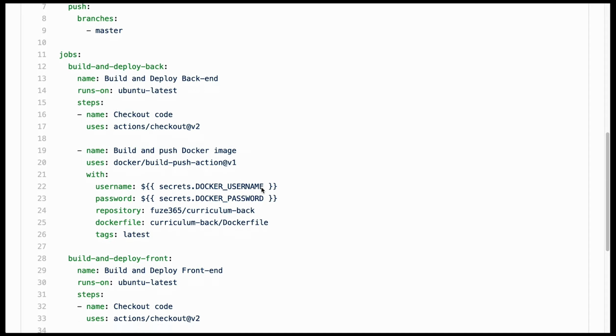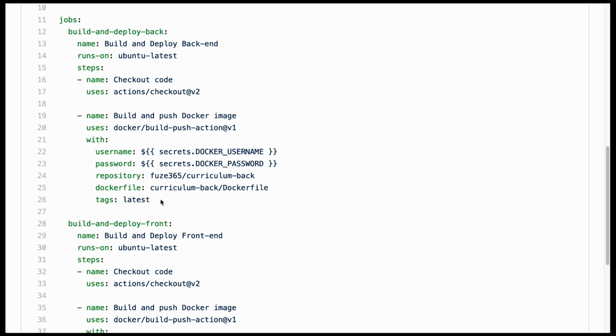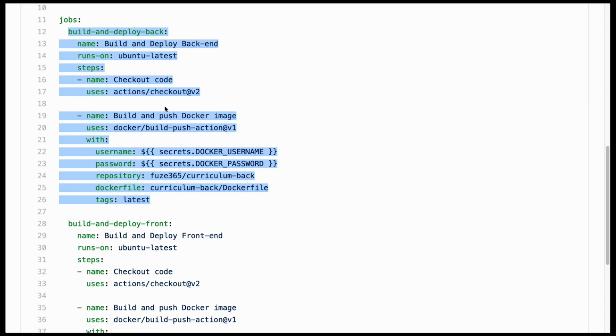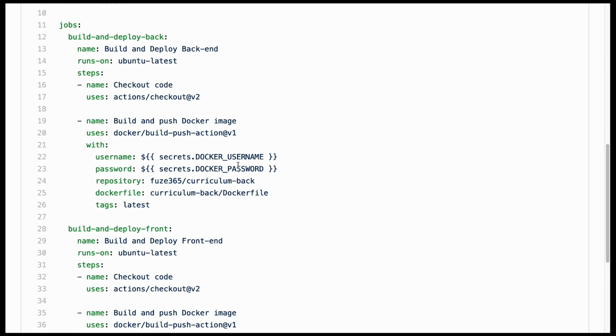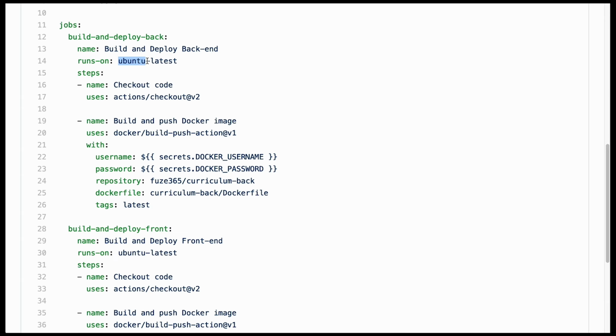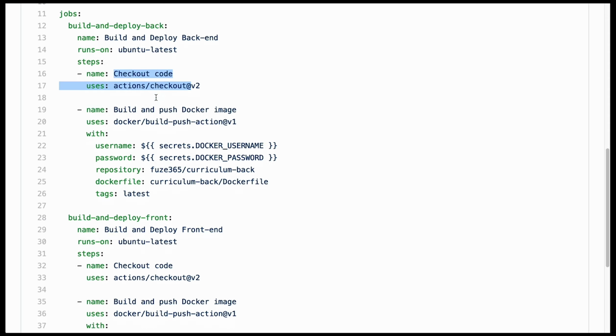So after it's triggered on one of these events, it basically runs any of the jobs that I have listed here, which are 2 jobs. So build and deploy the back end and build and deploy the front end. Now, GitHub Jobs basically spins up an environment to run this code in, and I'm telling it to spin up an Ubuntu environment and then take these steps once Ubuntu is ready. The first thing is to check out the code. You're going to be doing this a lot,